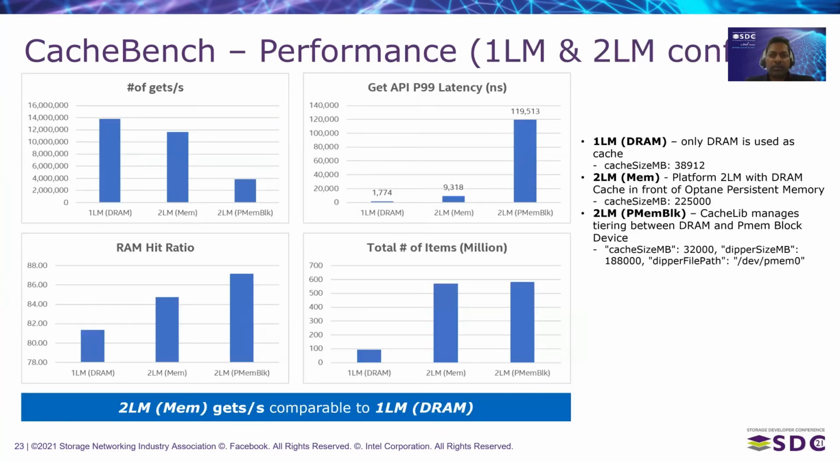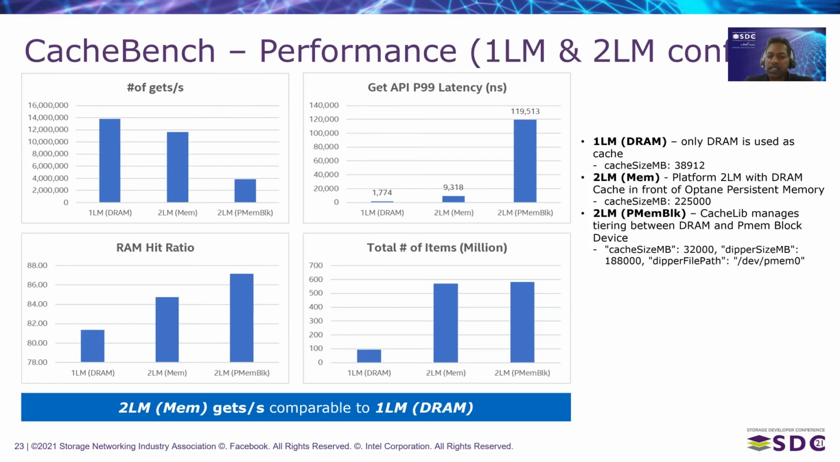Here is the performance data between 3 different configurations. The 1LM DRAM uses only the host DRAM capacity. The 2LM MEM is the platform 2LM configuration available on the Cooper Lake generation, where it exposes the Optane PMEM as memory to the operating system, using the DRAM cache in the front. We are using 225 GB capacity for 2LM memory mode. And then 2LM